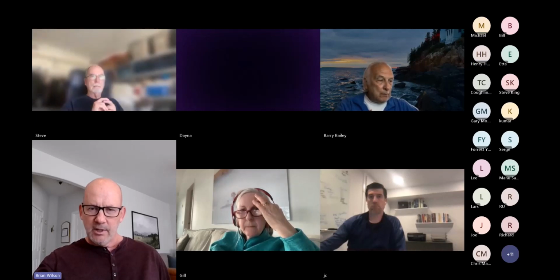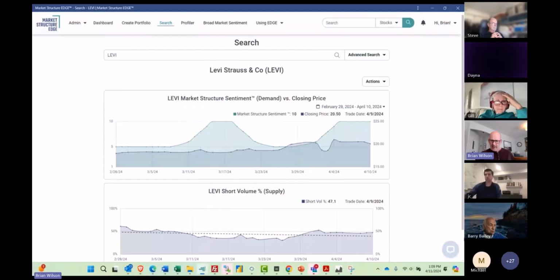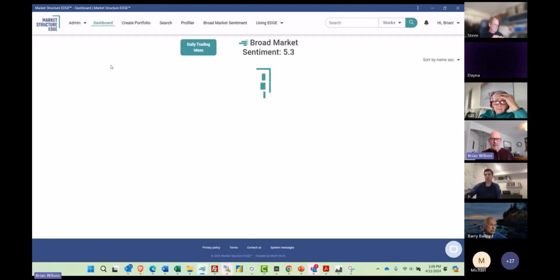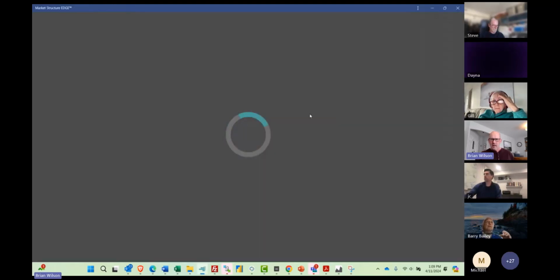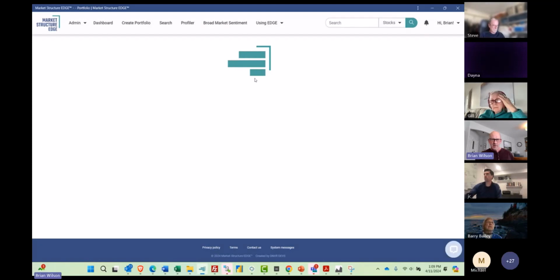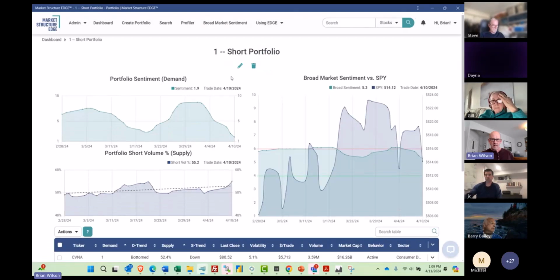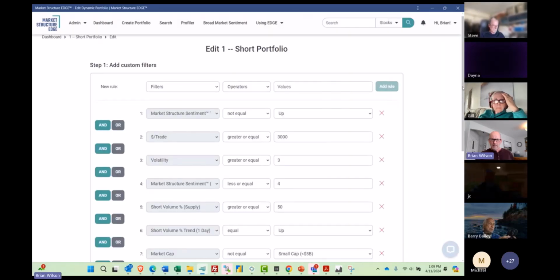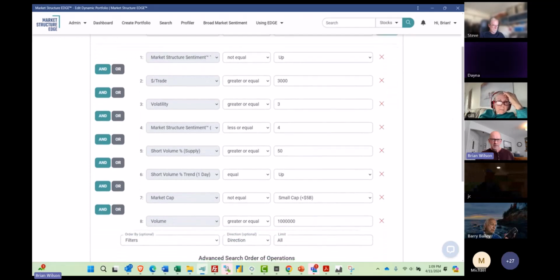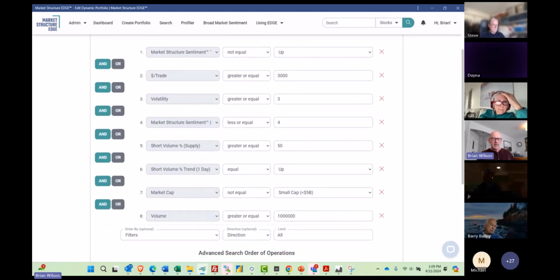Let me go ahead and share my screen and I'll show you the portfolio that I have. A couple of other users have different portfolios that they use. I basically took the opposite of our momentum portfolio. Just as an FYI, a few days ago this had maybe 1 or 2 names in it. You can see right now we're up to 9. I'll bring this up so you can take a screenshot if you would like. Like I said, it's basically just taking the opposite of momentum. I'll leave it there for a second if you want to look at that.